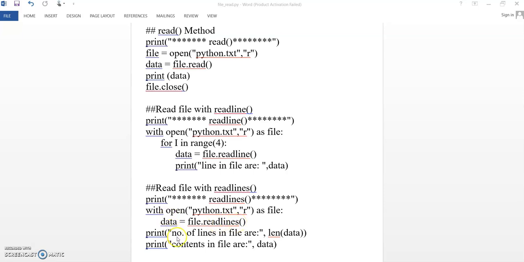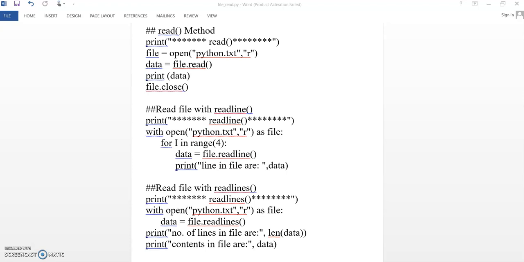Here I have calculated the number of lines present in the file with the help of the len function, which is a ready-made function. So len of data, and then the contents in the file are data. All these contents will be printed on the output screen.